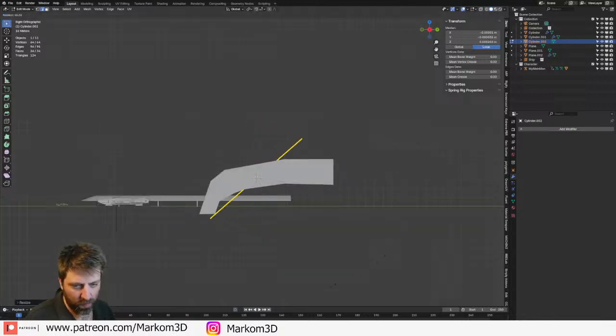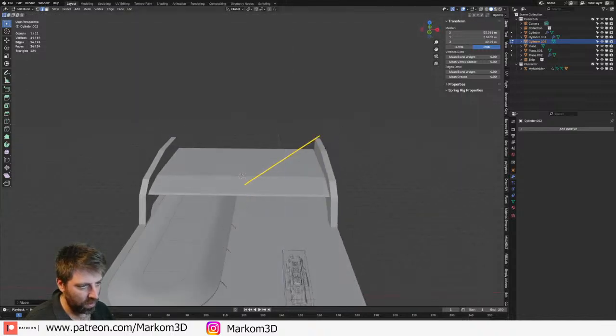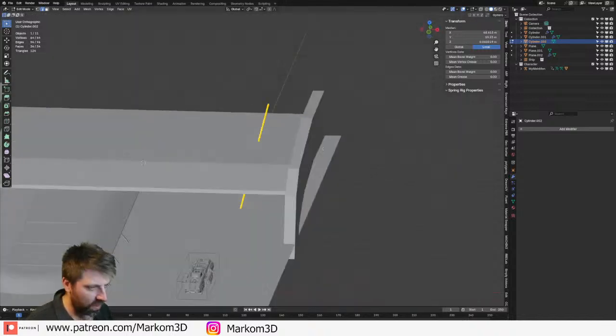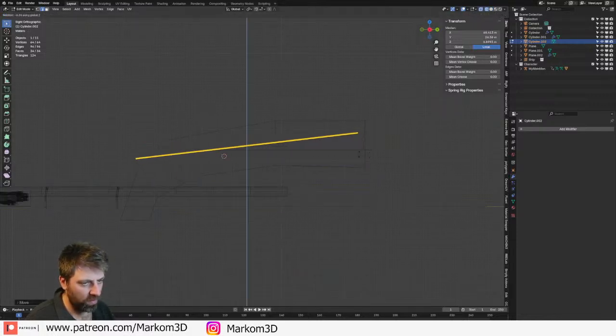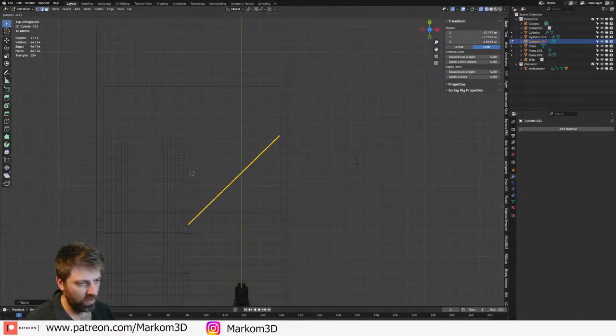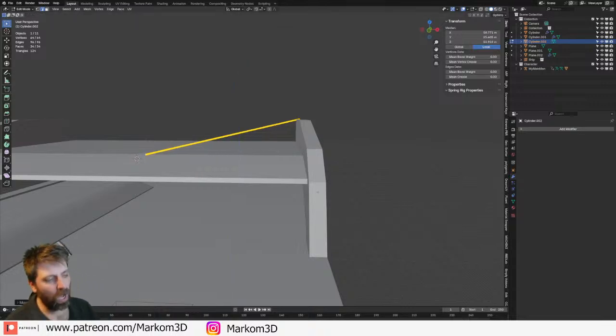Wow, that's a big one. You know what? Let's go something epic. Okay, let's go down like so, and then that'll give us this. Rotate on the Z. Lovely. And then we'll put it like here-ish.